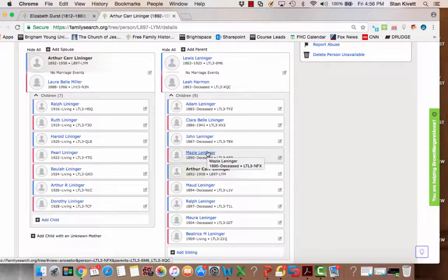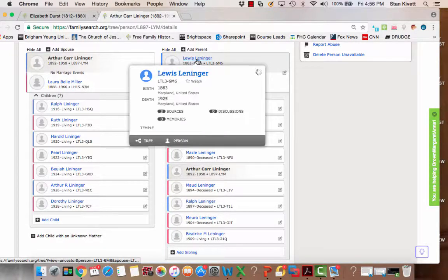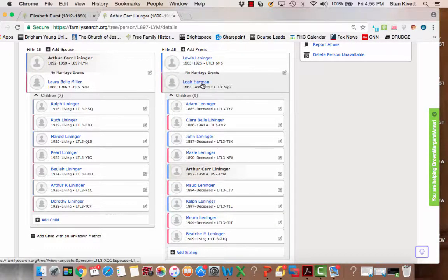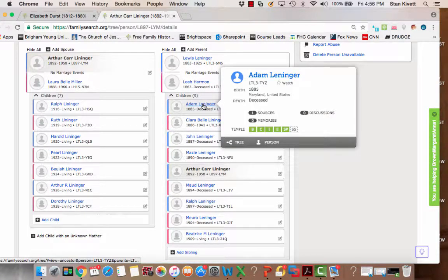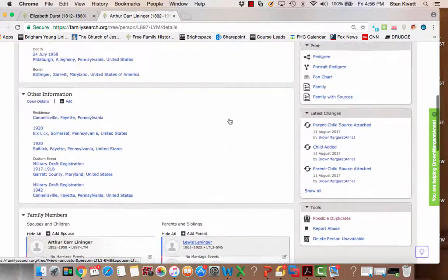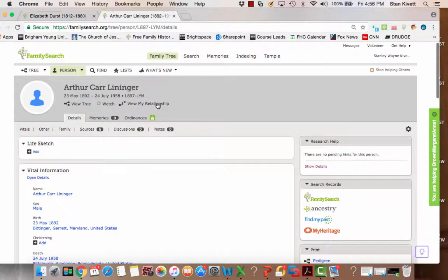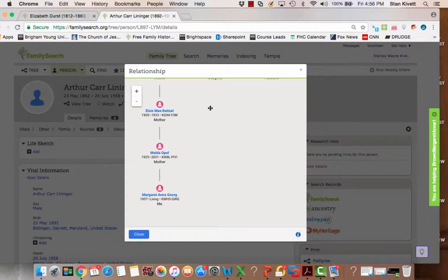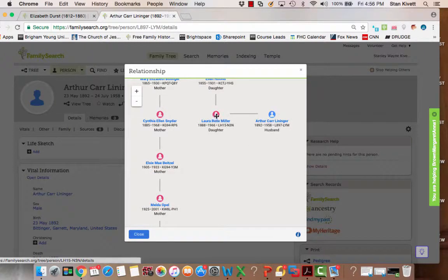Now, the thing that could be sort of sad is that I can't take these people to the temple, even though Lewis needs his ordinances, Leah needs her ordinances, and is ready to go. Each one of these needs and is ready to go. I've got the entire family ready, but you'll notice if I come up and show you my relationship to Arthur, he is the husband of my relation.